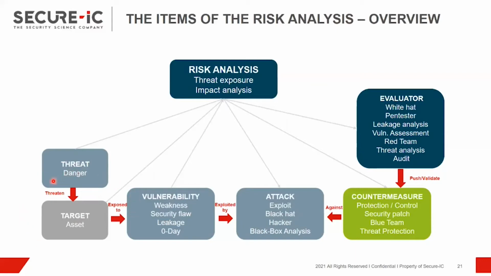An asset can be exposed to a vulnerability. So a vulnerability means an issue, you can say like that, in the design which can be used by an attacker, as we will see later, to modify an asset, to corrupt an asset, to tamper with an asset. And so, as I said, a vulnerability can be exploited by an attack. So it can be, for example, something carried out by a hacker, an exploit on your system.